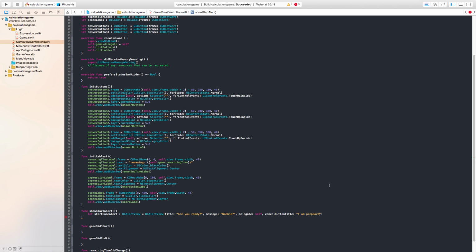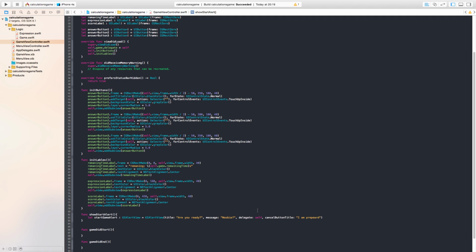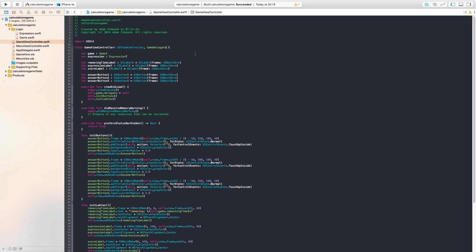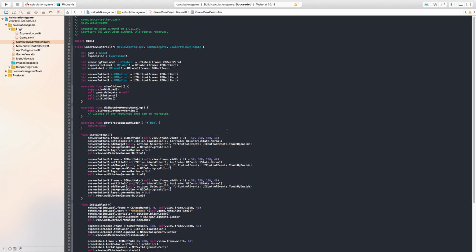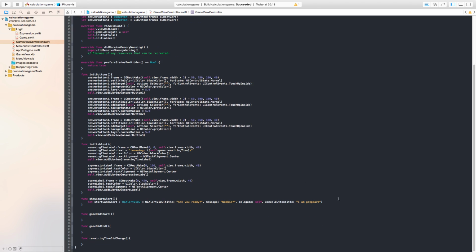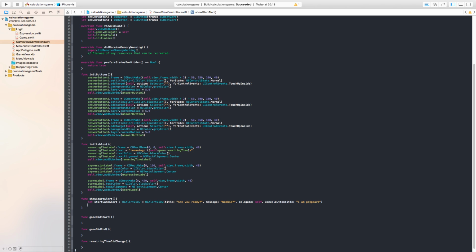Okay, so if we want to use the delegate for the alert view, we have to add the UIAlertViewDelegate. Okay, so now our class GameViewController contains functions for the UIAlertViewDelegate. Okay, so now what we need to do is